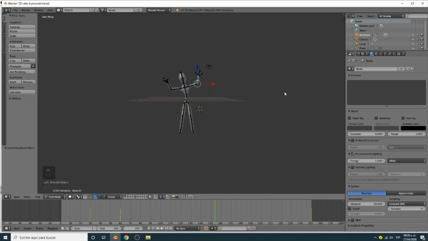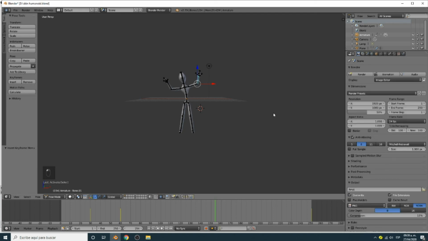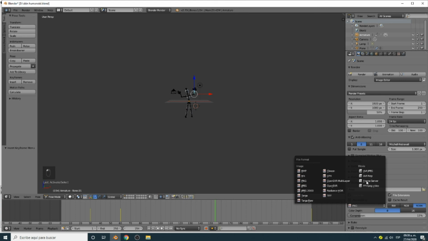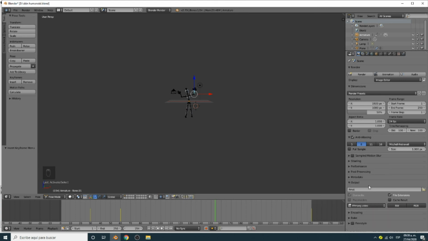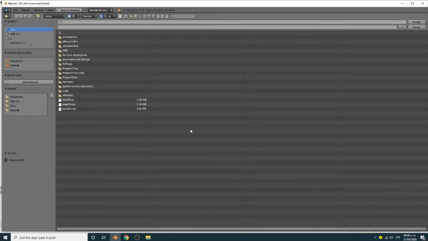And the way to save the animation and send it to me as an MP4, remember, is change here the PNG for a movie format, MPEG video, and change the destination folder in output instead of TMP. You can choose documents, desktop, whatever.